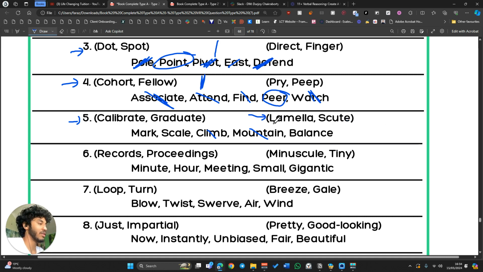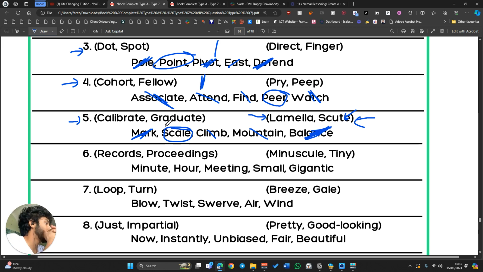So lamella, that's a difficult word, so that's like a fish gill. And astute, which I don't actually know what it means, but I know what lamella is. It's sort of like on the outside of a fish gill, and I can assume astute is going to be something similar to that, something on an animal, some sort of scale on the reptile, something like that, right? And from that you can actually get that balance and mark definitely don't work, whereas scale would be